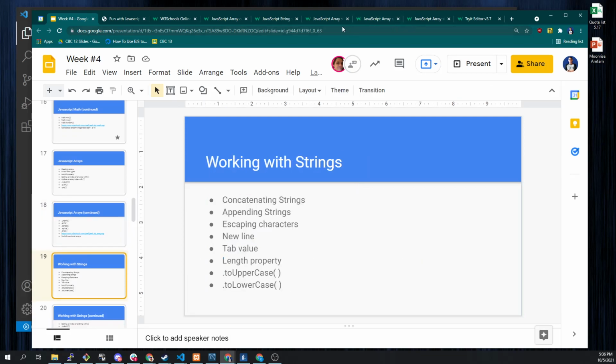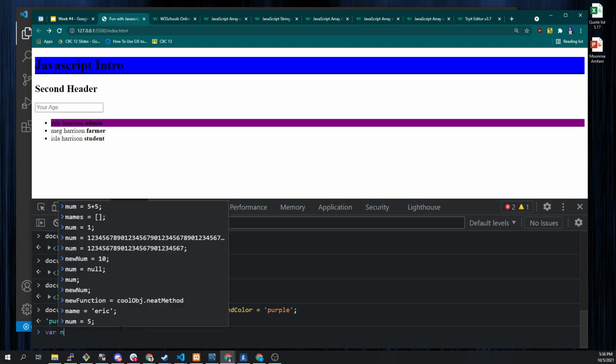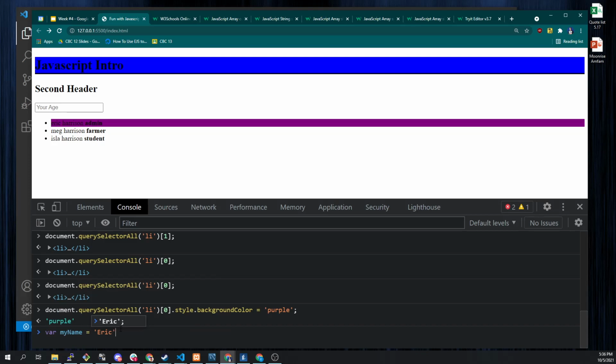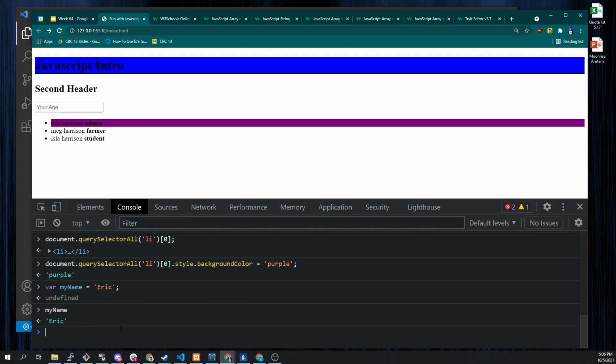All right, let's talk more about strings because strings are super duper cool. We've been using strings really since we started playing with JavaScript last week. A string is any combination of letters put together in a variable, right? So we can say var my name equals Eric, right? This is a string. But what's important to note is that behind the scenes, in every programming language that I know of,